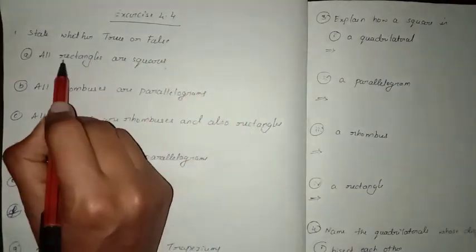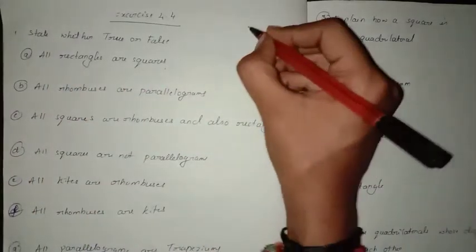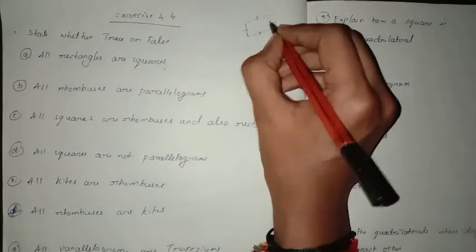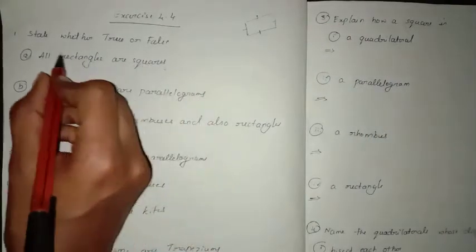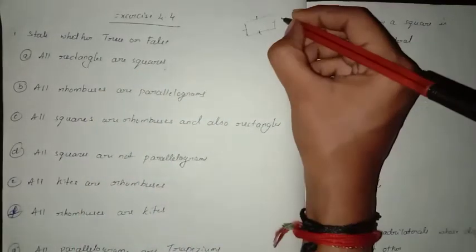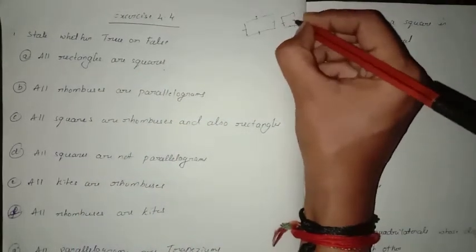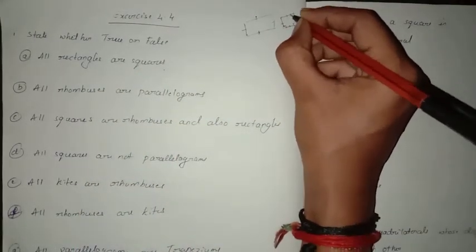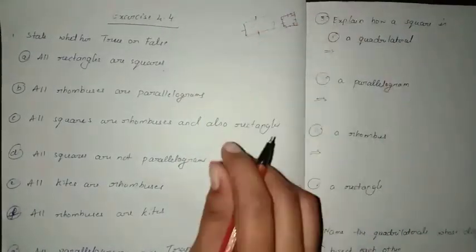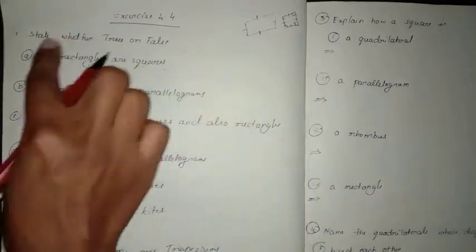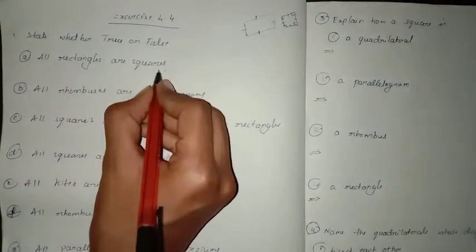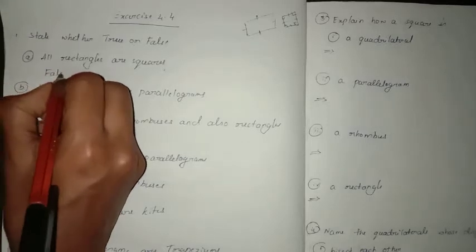For that you have to understand what you mean by a rectangle. In a rectangle the opposite sides are equal, yes, but what about squares? All rectangles are squares, they have given. That means in a square all the sides are equal to each other and the angle formed is 90 degrees. But in a rectangle only the opposite sides are equal. That means all rectangles are not squares, so this statement is false because